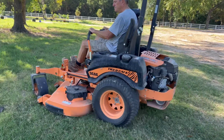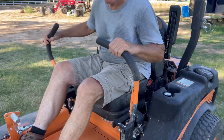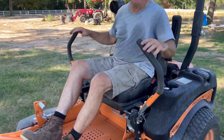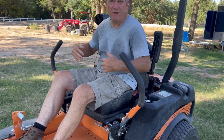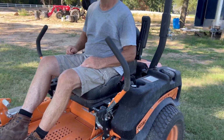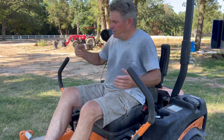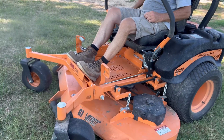So right now you just go running around, not cutting grass yet. Correct. And I'm going to put you on this and let you get used to how you steer it, and how you go left and right. So it's just like driving a side-by-side or whatever. And then once we get ready to start cutting, all you do is...